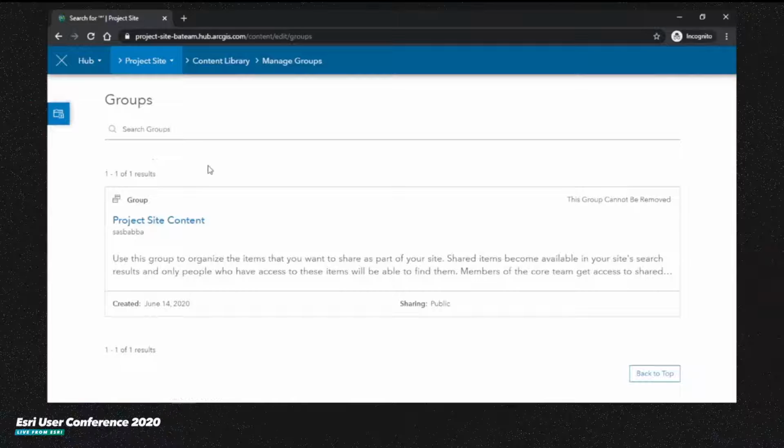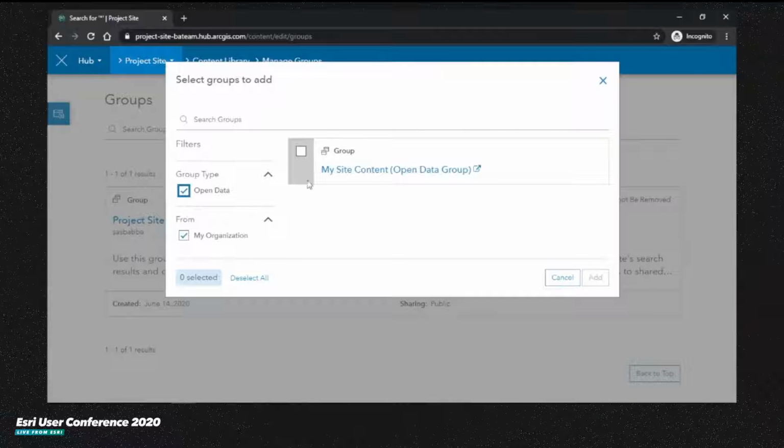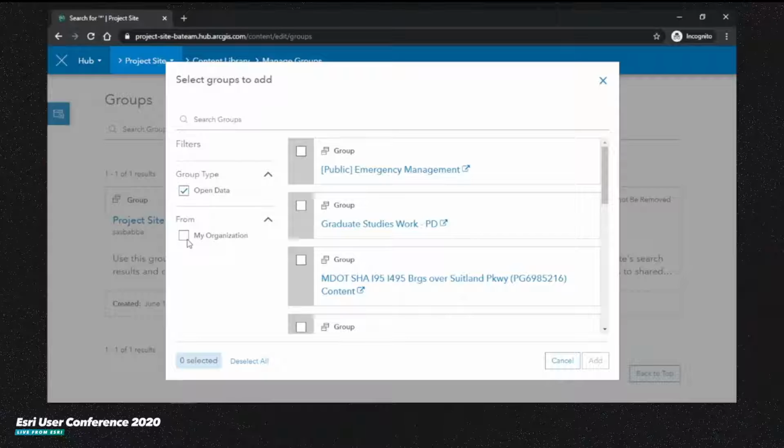If we go to the Groups Manager, recall that I said every site has a content group. And here is the content group behind my content library. And I mentioned we can add other groups to the site. So I can browse for groups in my organization, and I can even filter them down to just the open data groups. Or if I uncheck my organization filter, I will find open data groups that other organizations have made